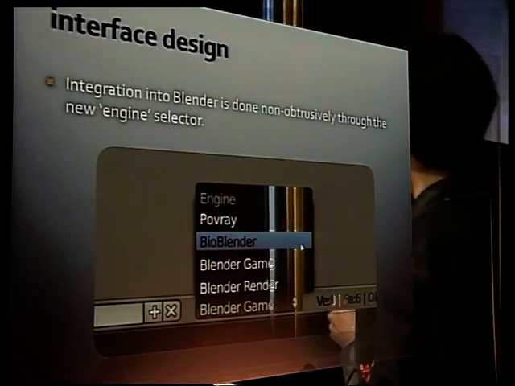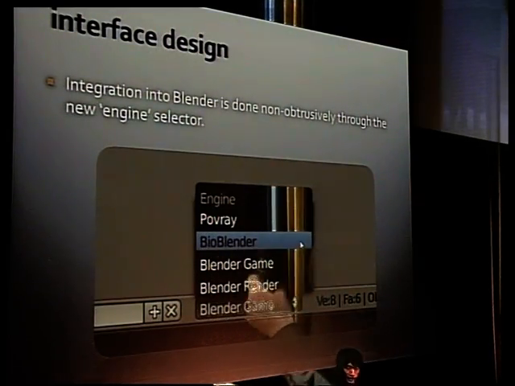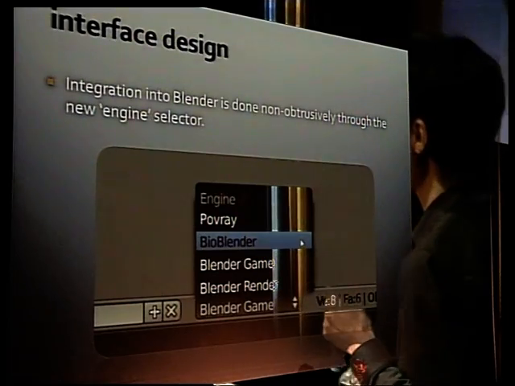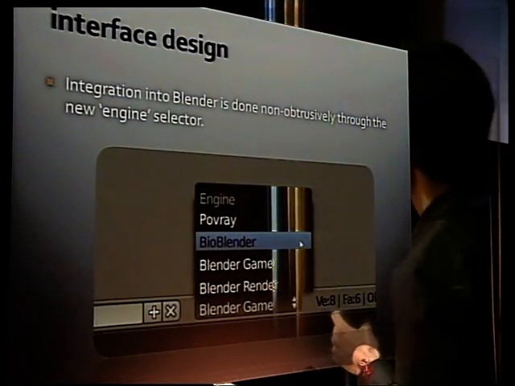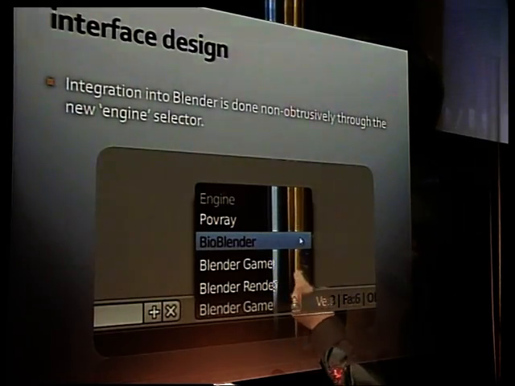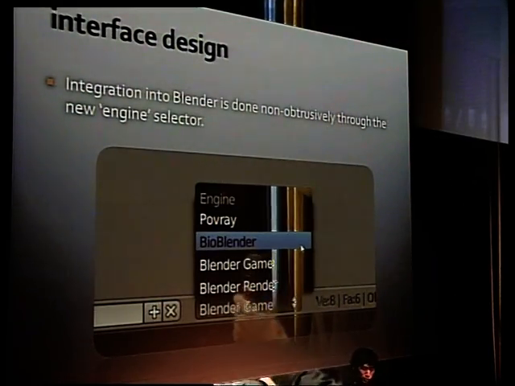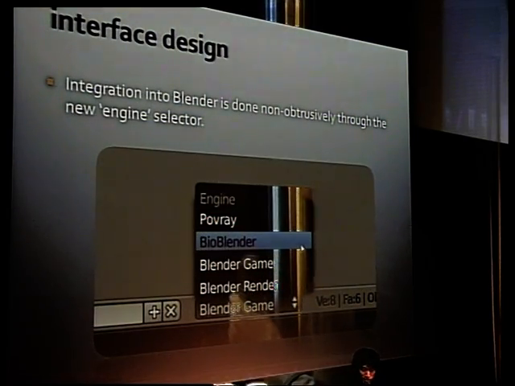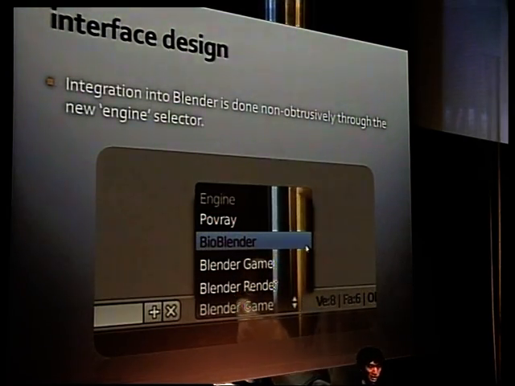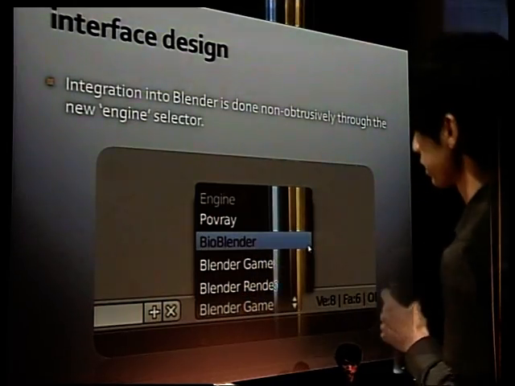For example, if you select the game engine, it will hide all of the features that do not apply in the game engine, and vice versa. So when you select the BioBlender engine, right now it doesn't hide anything else, but it exposes all the BioBlender features that one can expect.